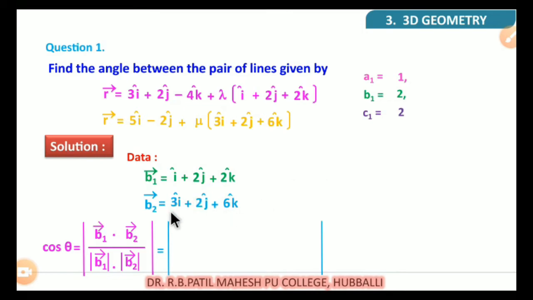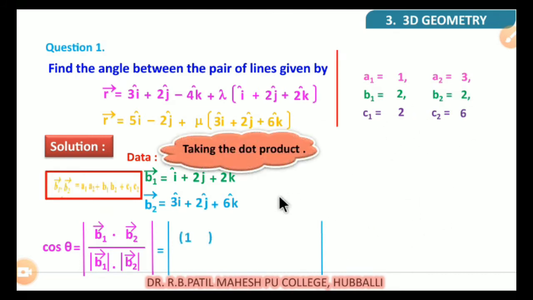Next, a2 is 3 here, b2 is 2, and c2 is 6. So these are the values here. Now b1 dot b2 means a1 into a2 plus b1 into b2 plus c1 into c2. Taking the dot product, that is 1 into 3 plus 2 into 2 plus 2 into 6